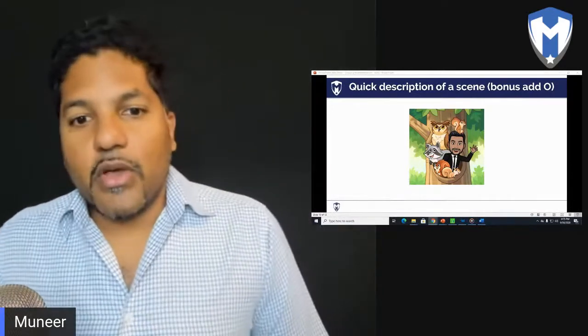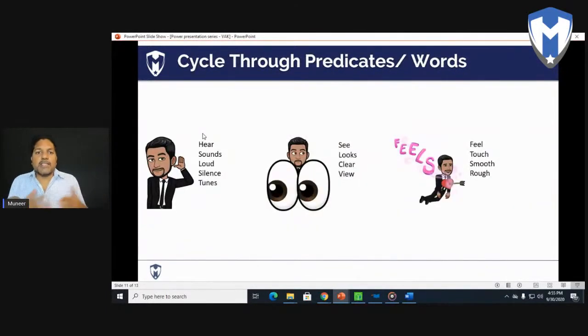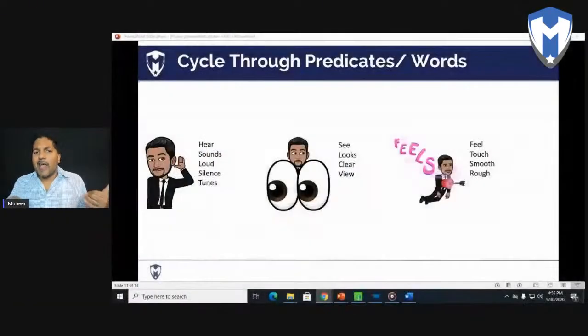All right. So that's the first way of doing it: a quick description of a scene. The second way to add VAK is cycling through the predicates. Predicates are the words that we use that indicate our preferred sensory style. When we say words like hear, sounds like, loud, silence, tunes, those are auditory words.